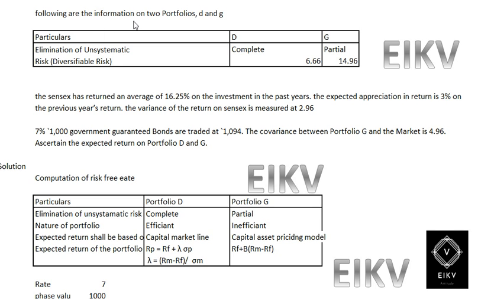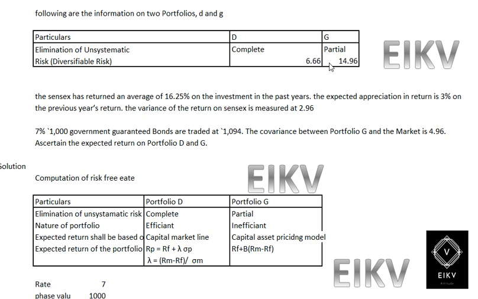So in this illustration, the following information of two portfolios is given, portfolio D and portfolio G. And here they have given a table containing particulars and details of D and G. The elimination of unsystematic risk over D is complete and over G it is partial. Now we have the risk, that is diversification risk, which is